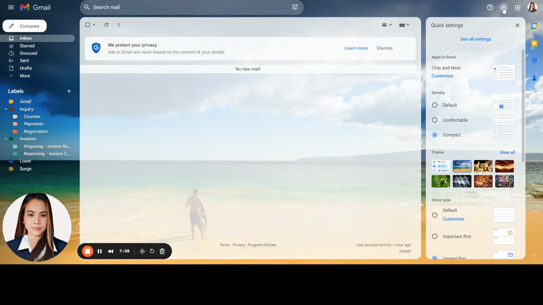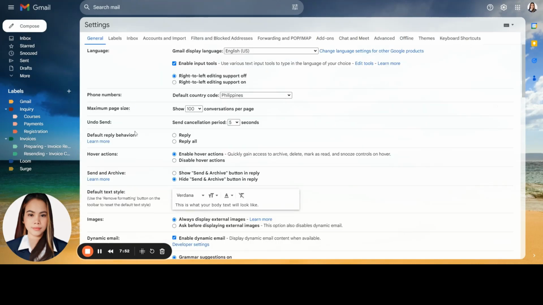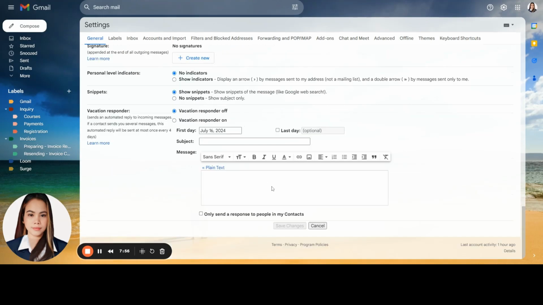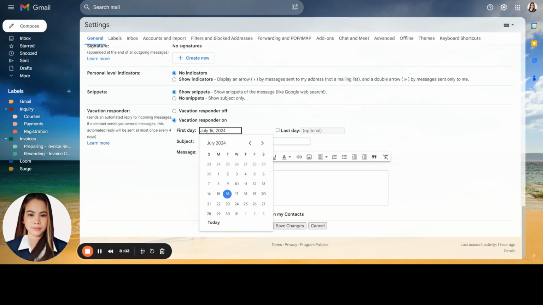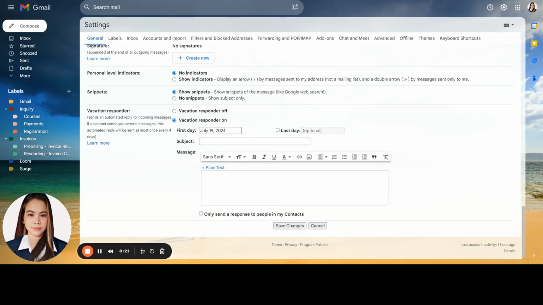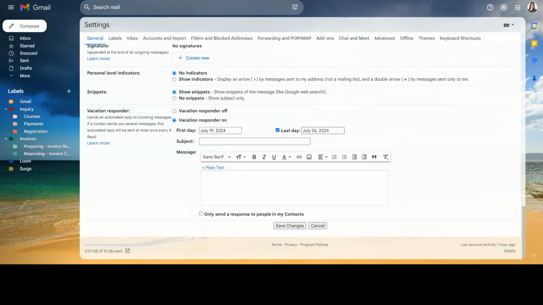Then, after organizing our email, we also need to add a vacation email. So here we go to the settings under general, and at the last portion, we can turn on our vacation responder if we avail of some vacation leave. For example, we have a scheduled leave from July 19 up to July 22.